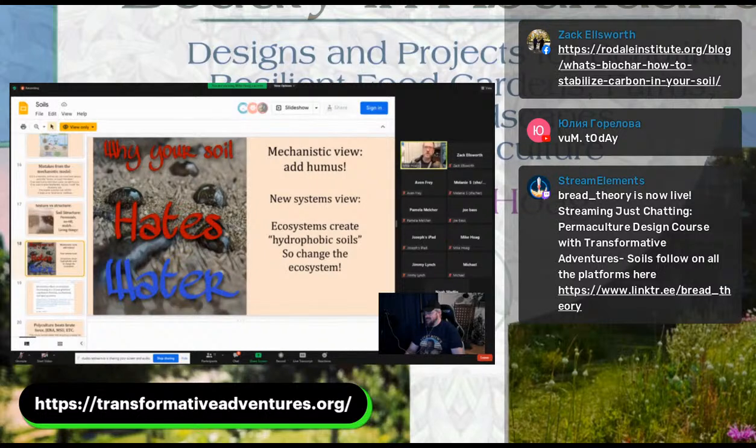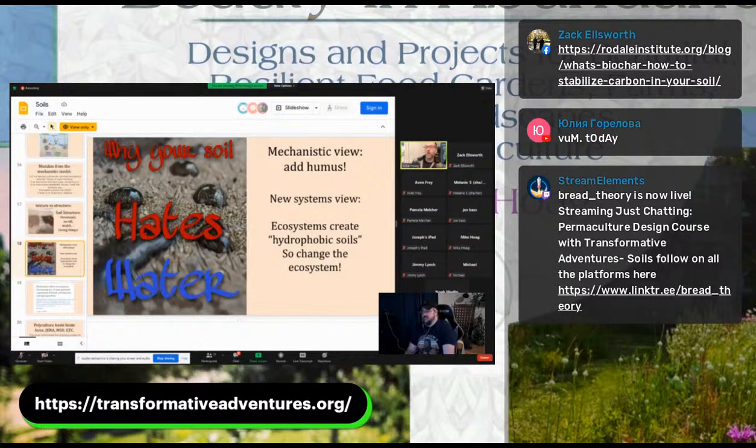Does your soil hate water? Did you know that this is a thing, that soil can hate water? It turns out that soil can become what some soil scientists call hydrophobic, that the soil can hate and repel the water. The picture you're looking at right here actually shows water droplets held on top of the soil. Why isn't that water going into the soil? Why isn't it being sucked into the dry soil? Instead, it's floating on top of the soil and not being pulled in.